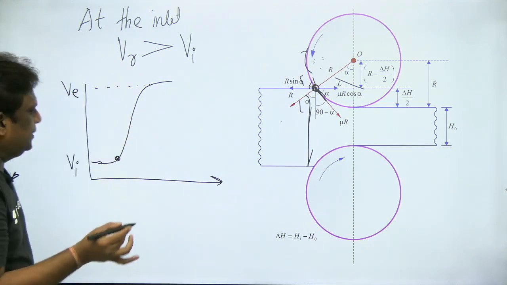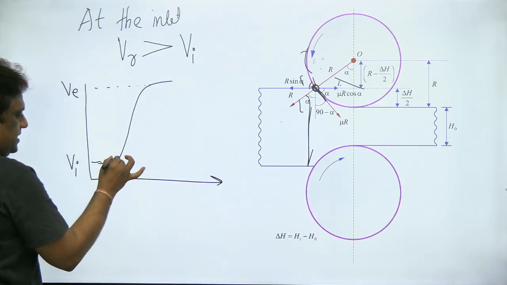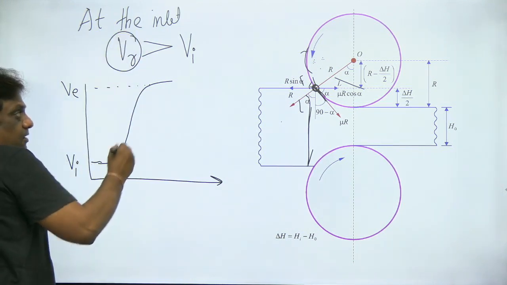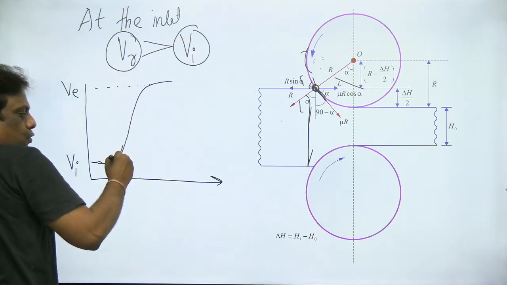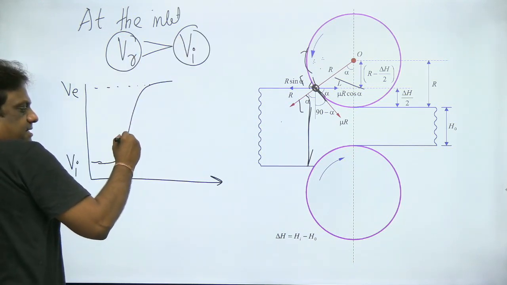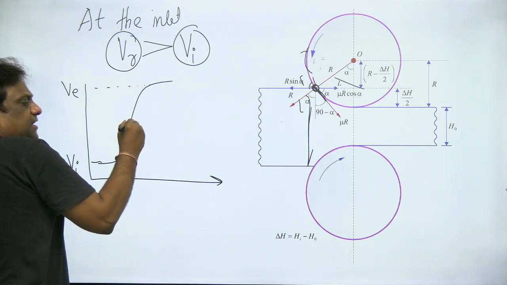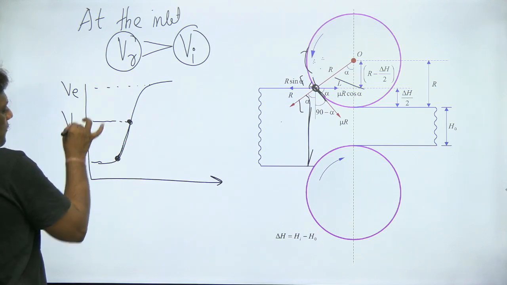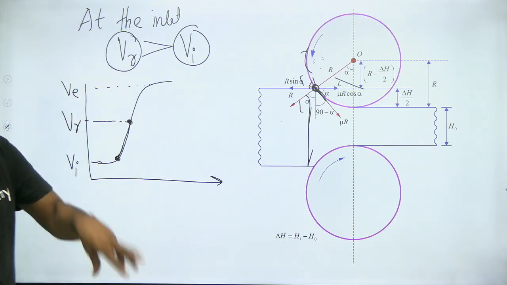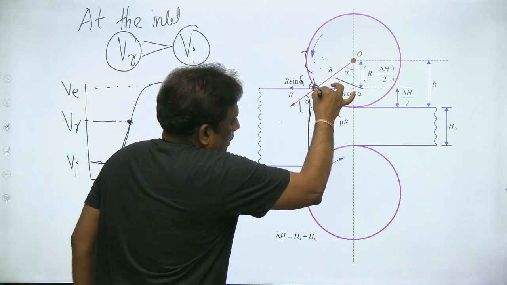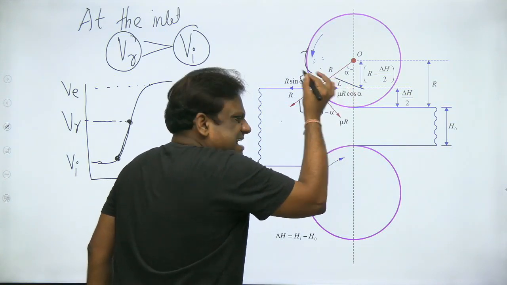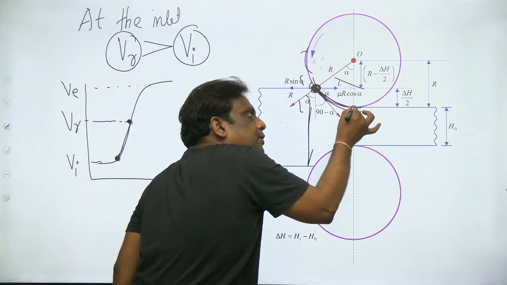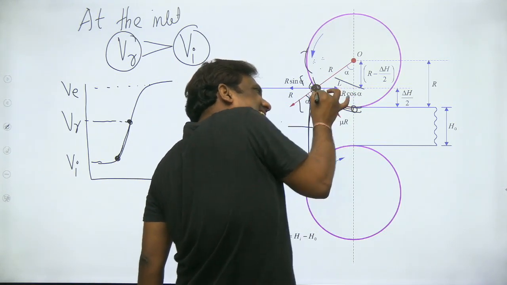And at some point of time, my velocity is increasing. Initially, the roller velocity is more than my component's velocity, so my component velocity is increasing. At some point of time, my component may reach the roller velocity. Look at the velocity converging continuously from this point to this point, the component velocity is increasing.